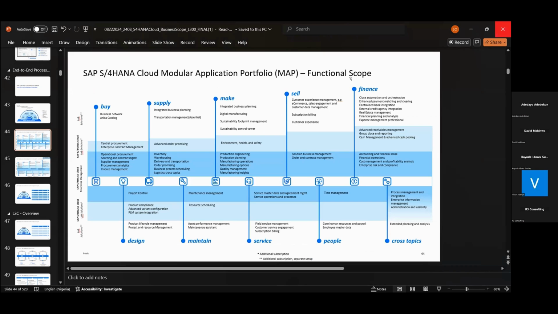Okay, so for me, I just quickly want to talk about finance. Literally the backbone of every business, the finance department is very important, right? So I'll give you a brief idea of what SAP has in store for finance, and also some of the sales process and the supply chain.